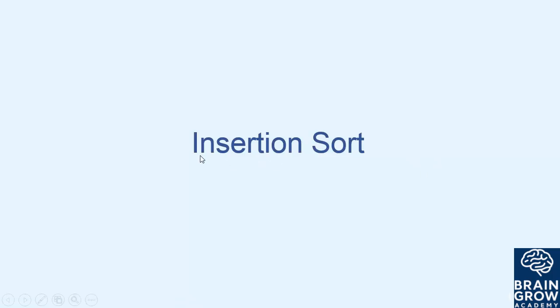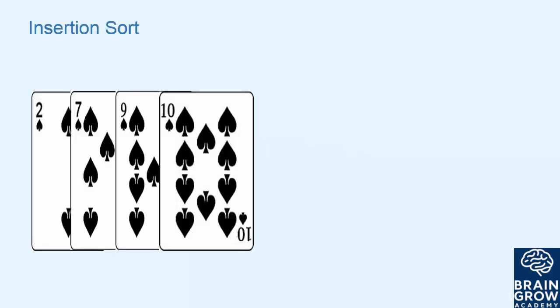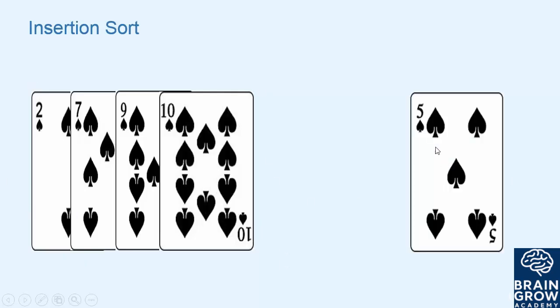Now in insertion sort, sorting is performed by inserting each element at its proper place in a sorted list. This sorting is based on a simple technique that is used by card players for arranging their cards. Now suppose a card player has these cards and he has arranged them in proper order. The new card that he receives is this, and he has to place this card among these cards that he